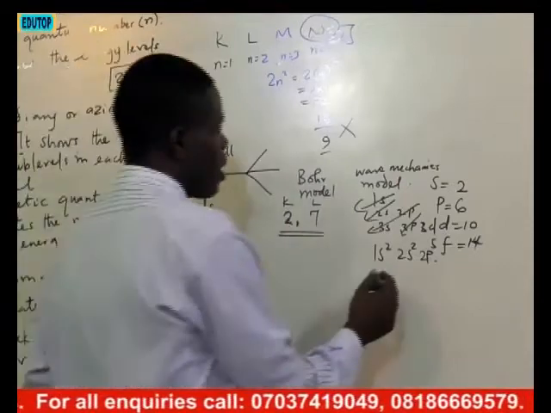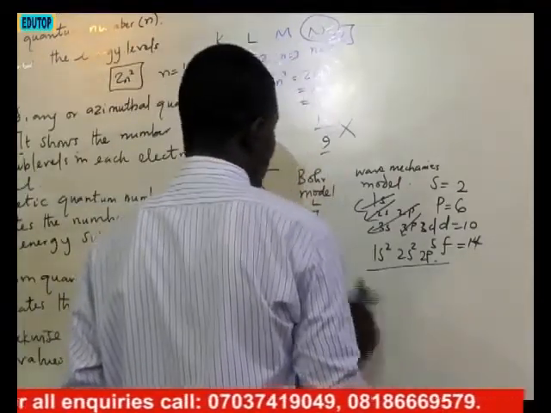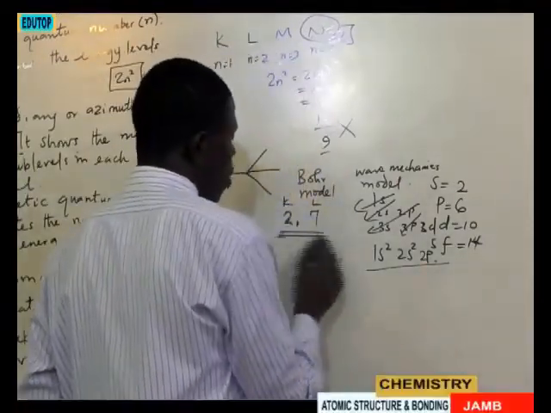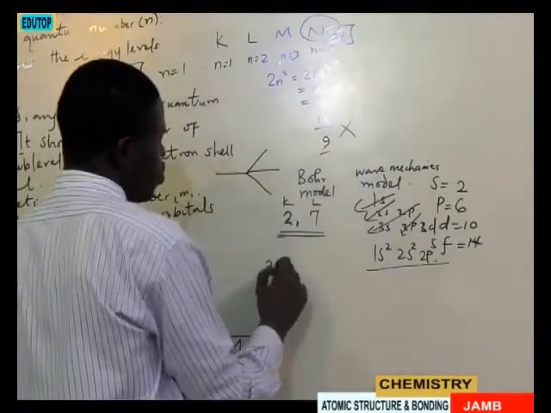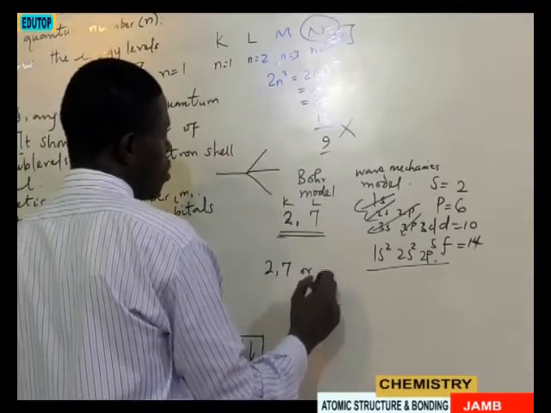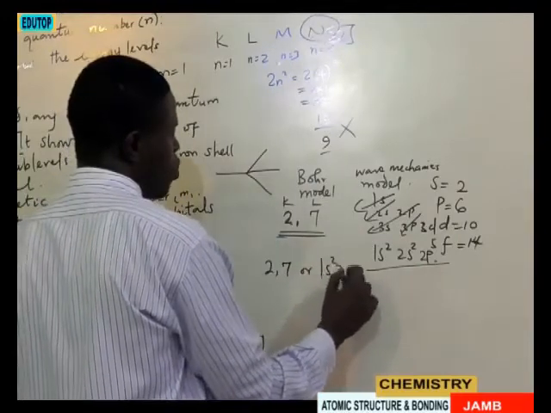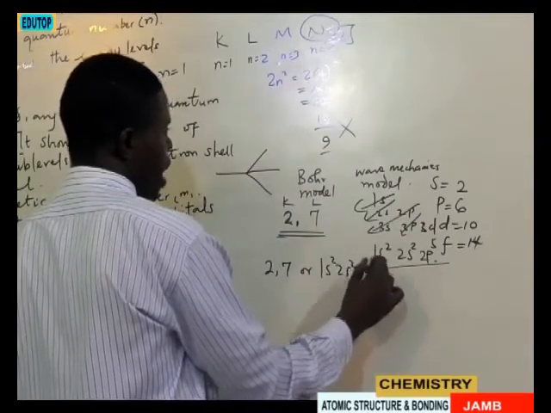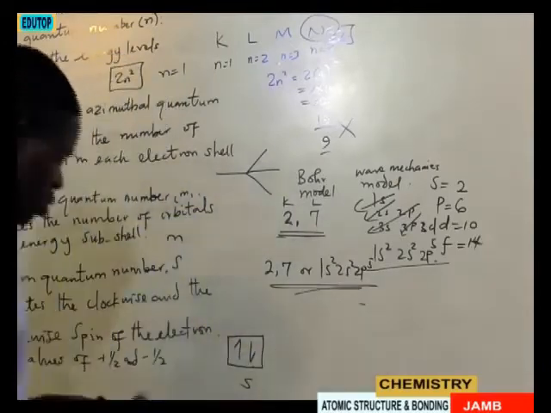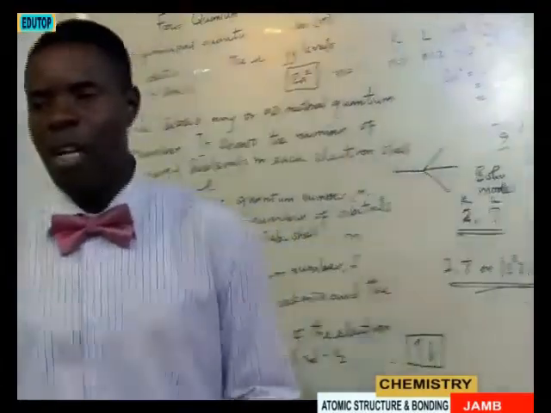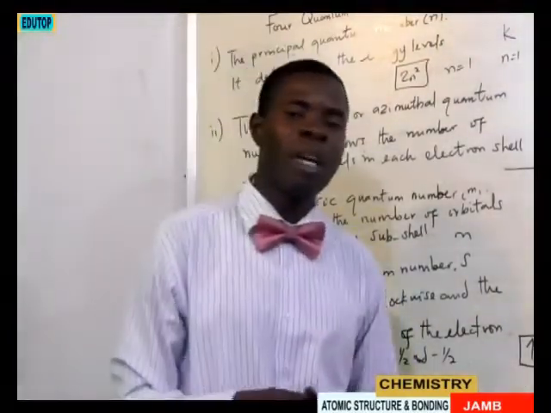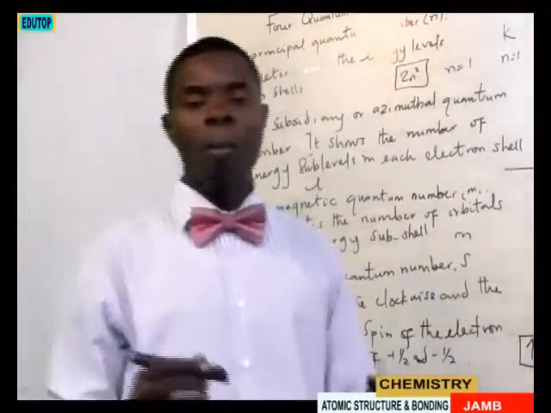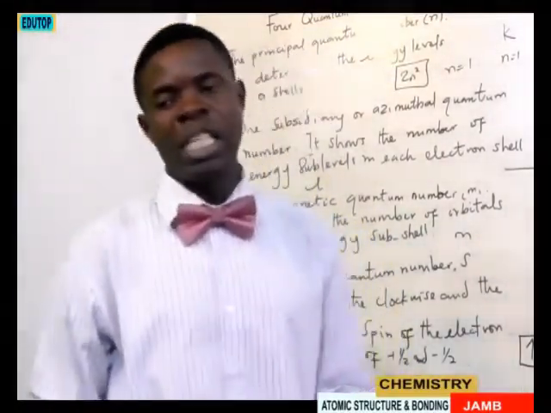So this is the wave mechanics model, and this is the Bohr model. If I'm to write the electron configuration of this element, whether it will be 2,7 or 1s2, 2s2, 2p5, that is the way to write the electron configuration. And that is what electron configuration is definitely talking about. Then atomic number. What is atomic number? Atomic number is the number of protons in the nucleus.